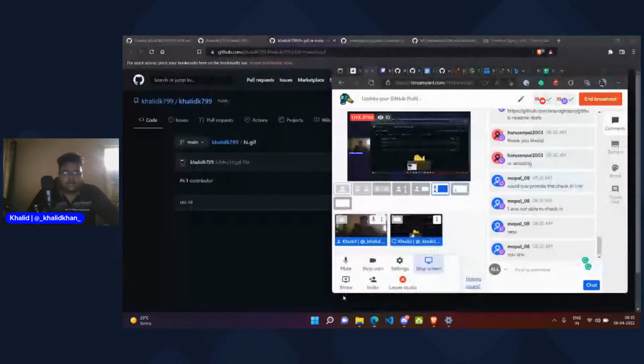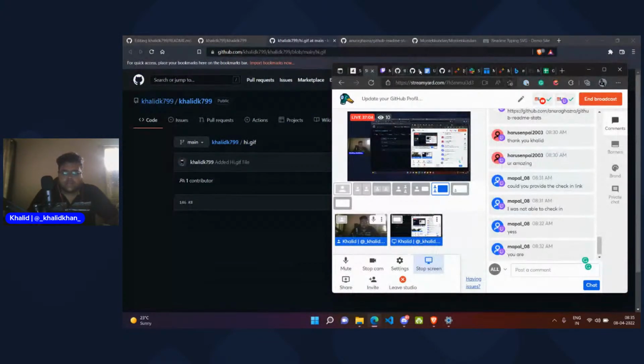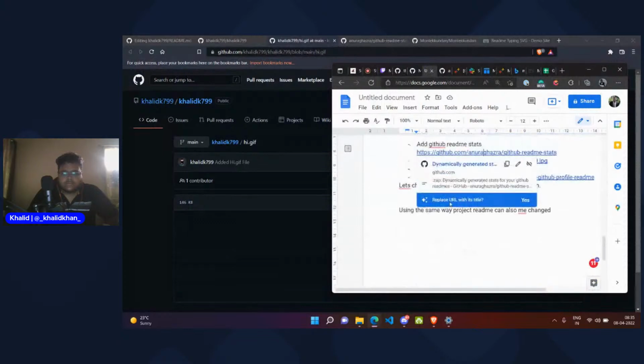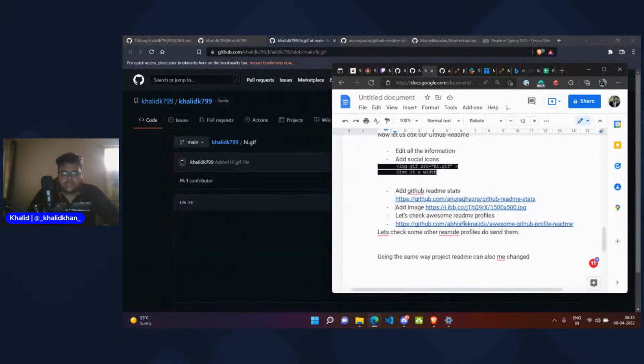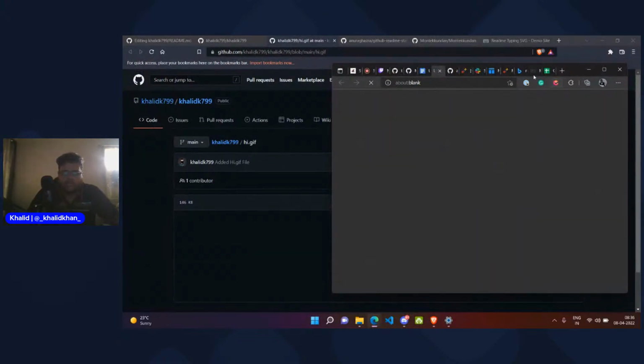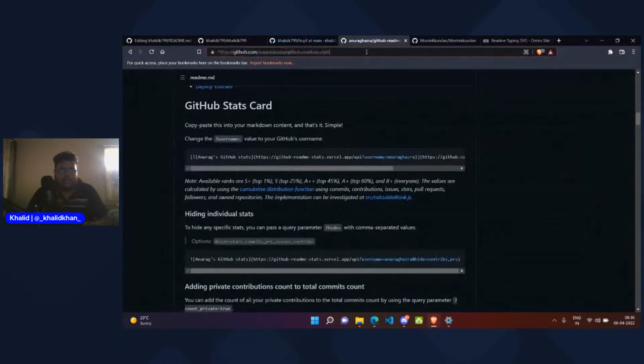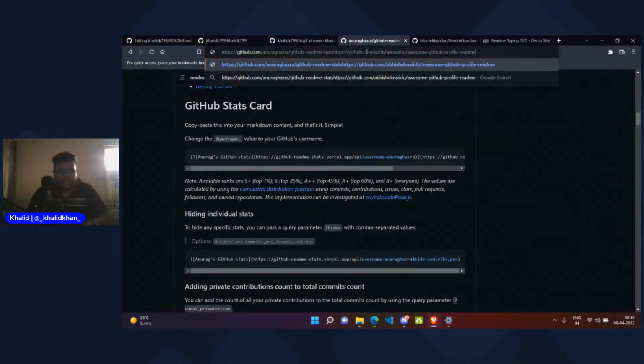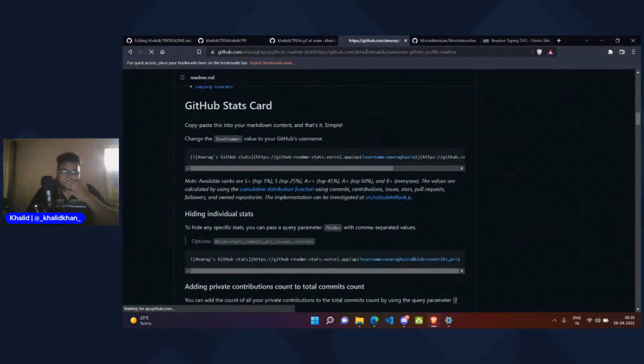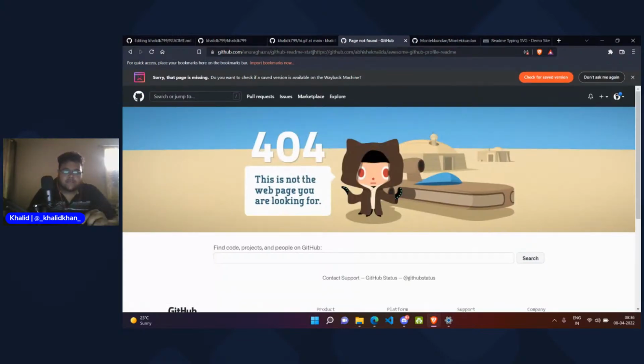I have added access to my notes as well. So, GitHub README. Let us check some good GitHub READMEs so we can have some inspiration. I'll copy the link, open it in a new tab, and see if there are some awesome README profiles.